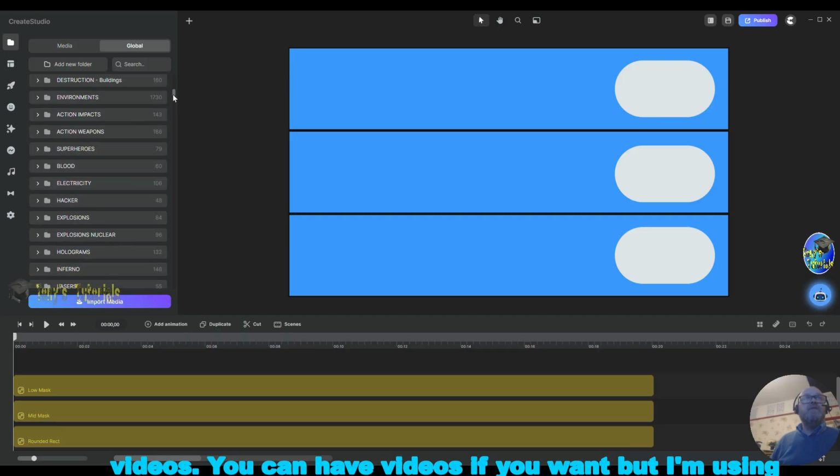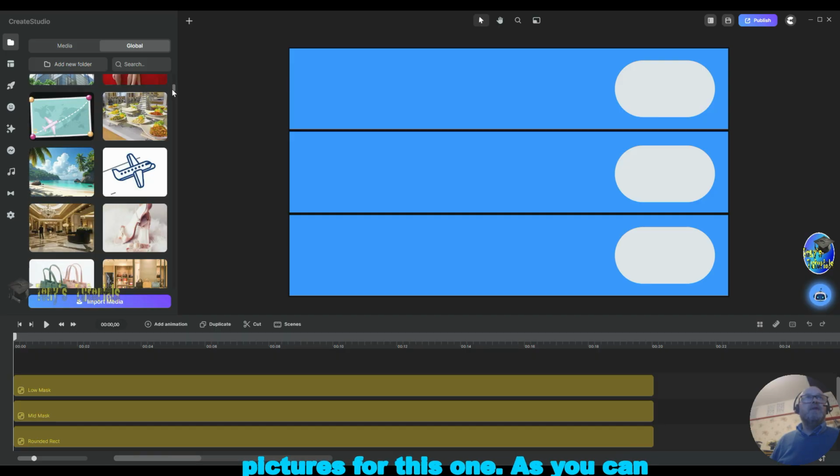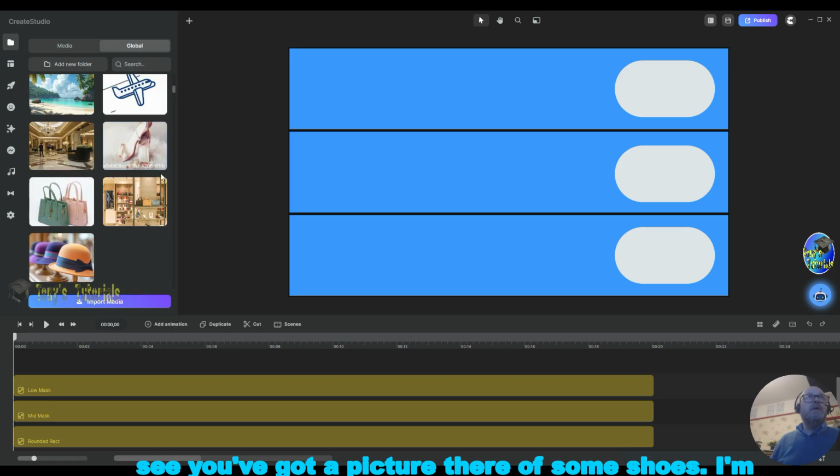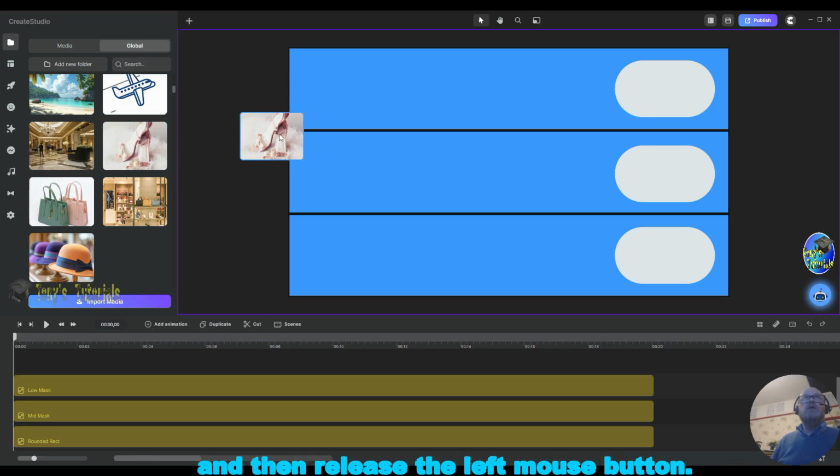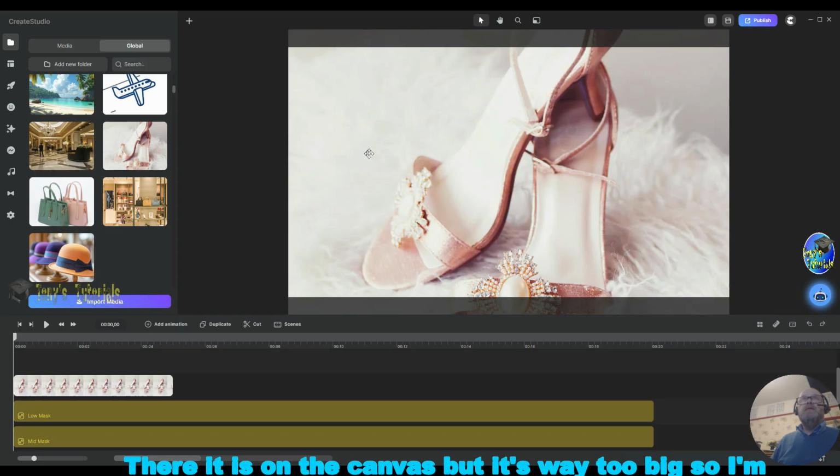You can have videos if you want, but I'm using pictures for this one. And as you can see, you got a picture there of some shoes. I'm going to grab hold of that one and drag it onto the canvas. So it's left click, hold and drag, and then release left mouse button, and there it is on the canvas,